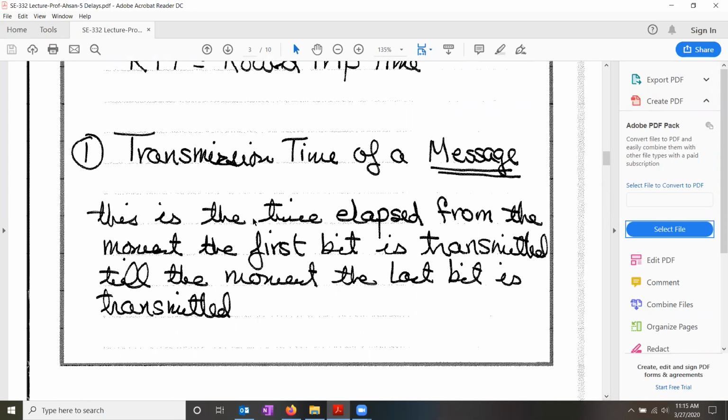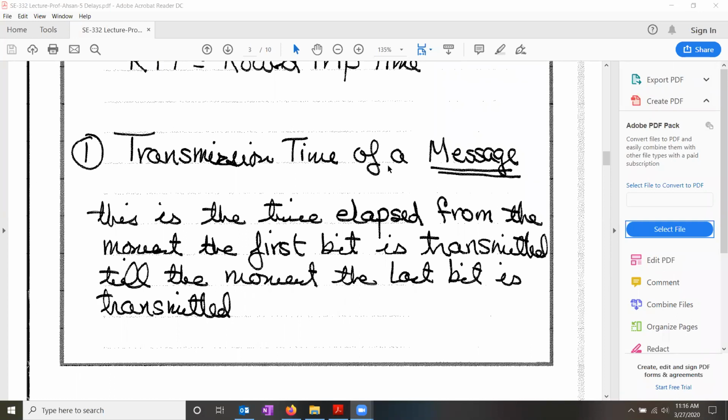A basic definition of transmission time of a message is the time elapsed from the moment the first bit is transmitted till the moment the last bit is transmitted. What do you understand by this definition? It means from when the first bit starts transferring until the last bit is transmitted, the time that passes is the transmission time. Now, keep this in mind